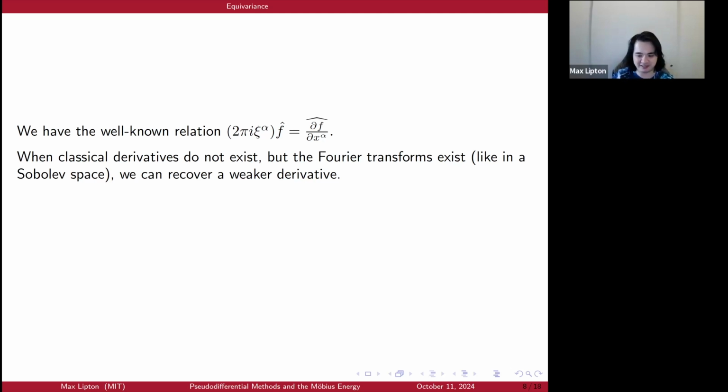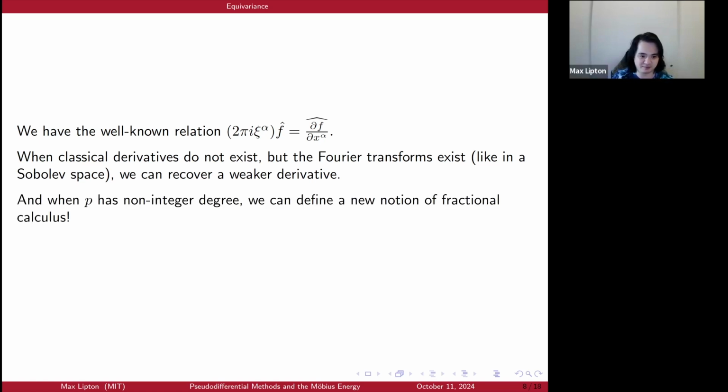And so in particular, in a Sobolev space, which is a subspace of L2, or of some Lp, particularly in L2 where the Fourier transform goes from L2 to itself unitarily, this allows you to have an expression of the weak distributional derivative of said function in Lp, in L2, assuming it exists. And when our polynomial p, not the p exponent, but the polynomial p, has non-integer degree, well,